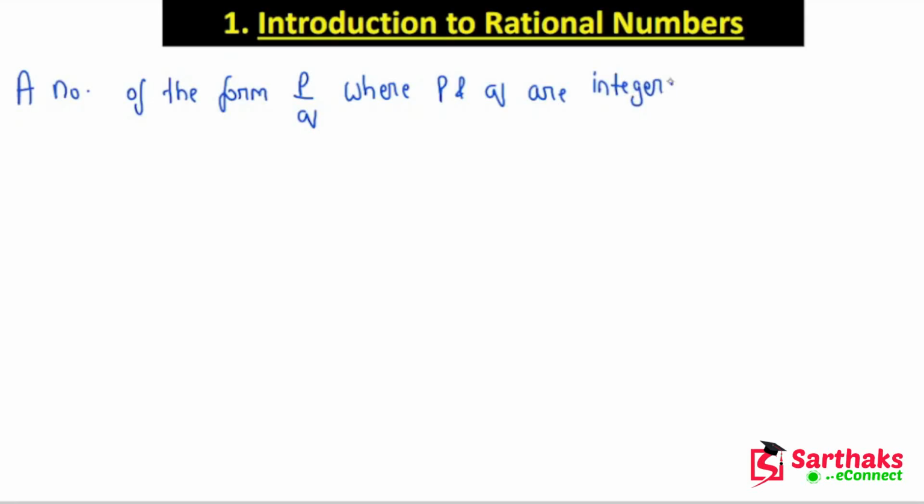Later on I will tell you that these integers P and Q should be co-prime, right? It is desirable that P and Q should be co-prime, but for now let us take that a number of the form P upon Q, that is, a number which is already expressed as a fraction or which can be expressed in the form of P by Q, where both numerator and denominator, that is P and Q, are integers and Q is not equal to 0